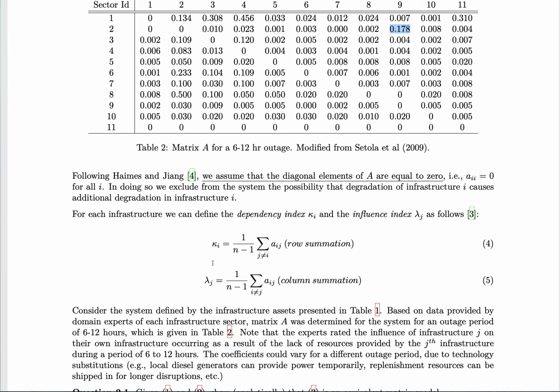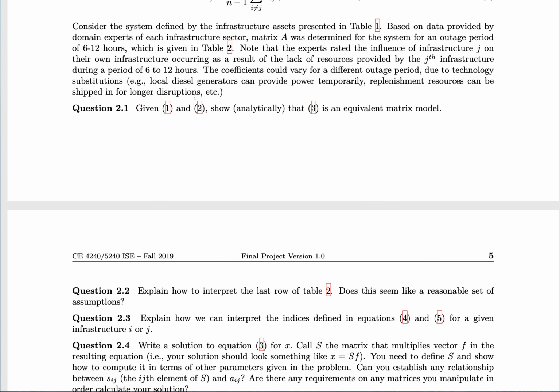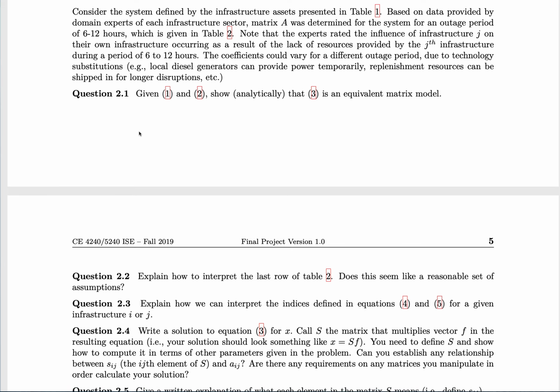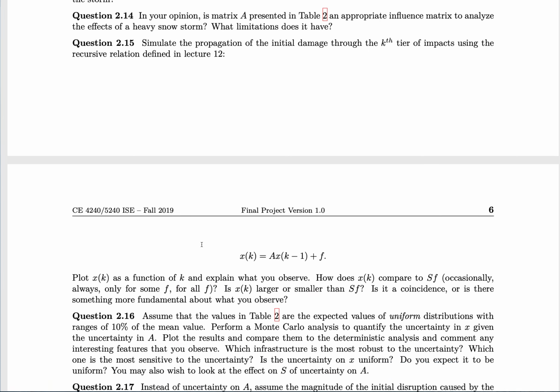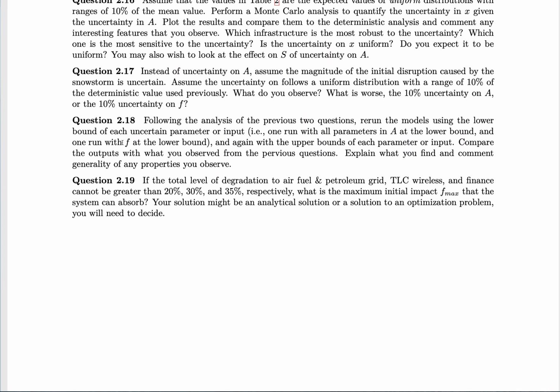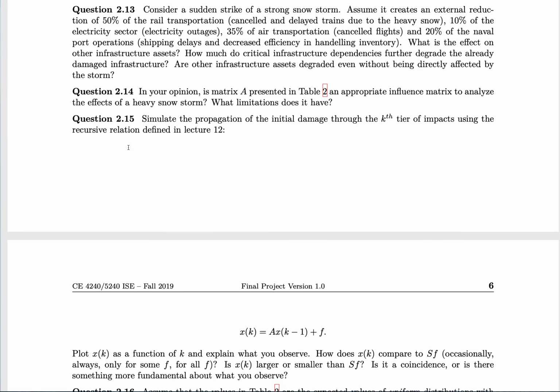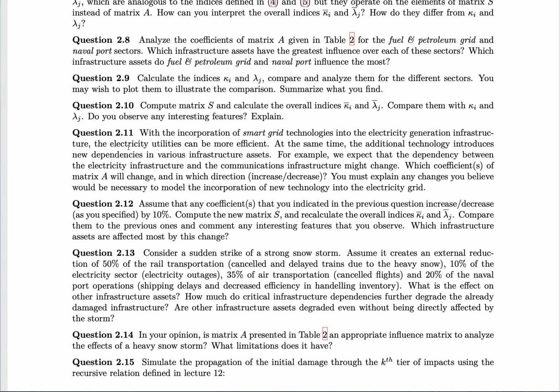There are some things we can calculate on that matrix A if we want to, and we're going to get into some questions. Between in-class activities on Tuesday and Thursday with your team, and maybe a little bit of out-of-class time, your team should be able to make a really good start at answering all of the questions through, call it, 2.18 at least, and probably 2.19. If you're not able to get through all those, my hope is that you can come with a repository of questions that you can grill me on